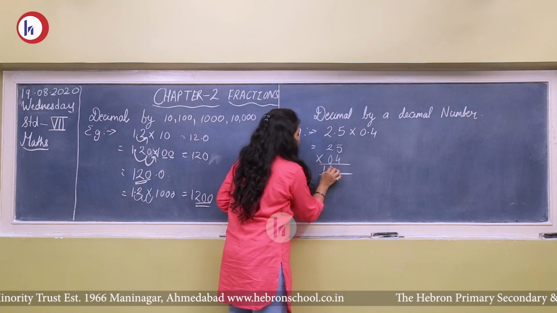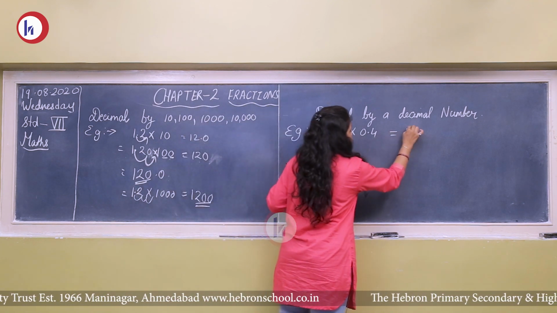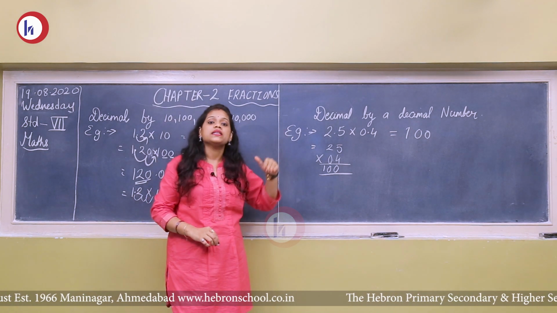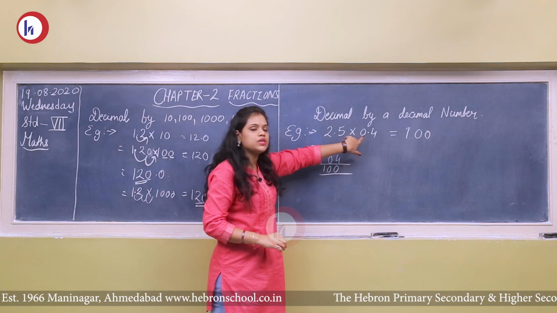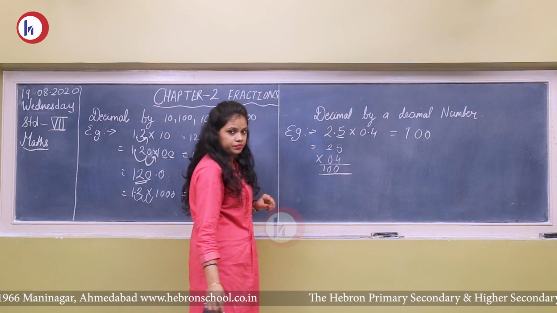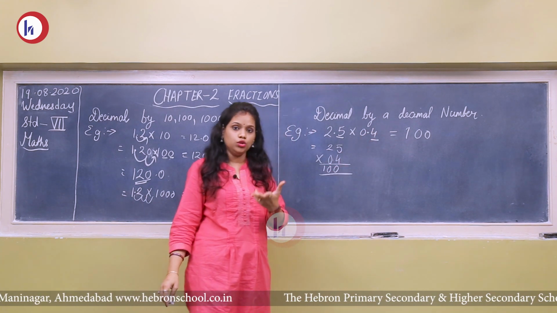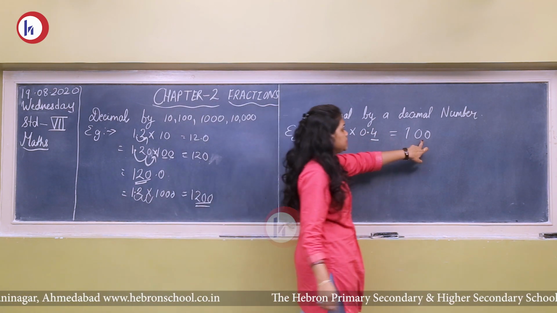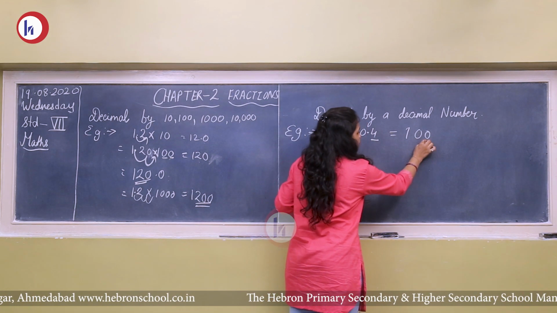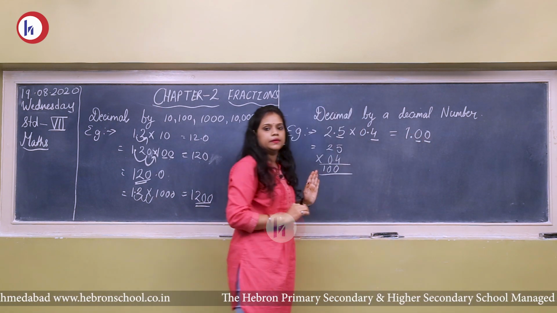The 0 in front has no value, so 100. Okay. Now your answer is 25 into 4 is 100. Now what do we have to see? We have to see where our decimal will be placed, because we have 2 decimal numbers. So let's see. Here you have 1 place after the decimal, and here also 1 place, so the total is 2. So you have to put the decimal 2 places coming to the left. We will start from the unit place, 1 and 2. So your decimal will be here.